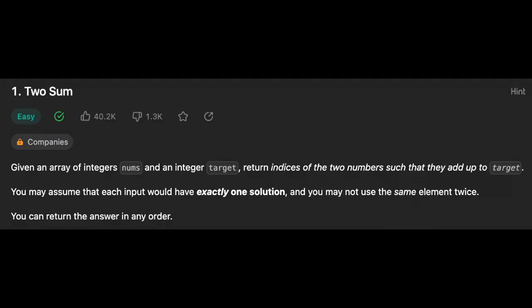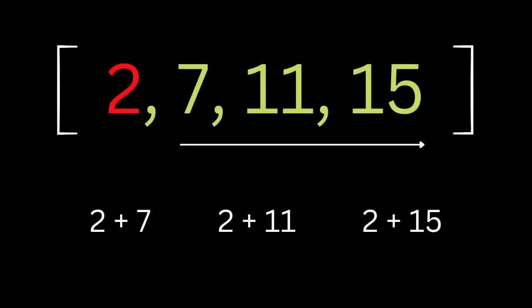In this video I will show you how to solve the two-sum problem. I will try to solve it in as many different ways as I can, but keep in mind that there are no limits. The first solution to solve this problem is going to be using two for loops and traverse